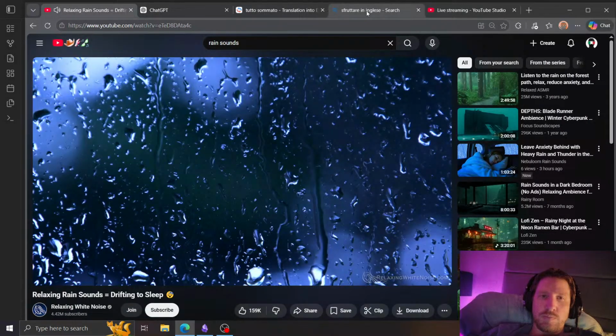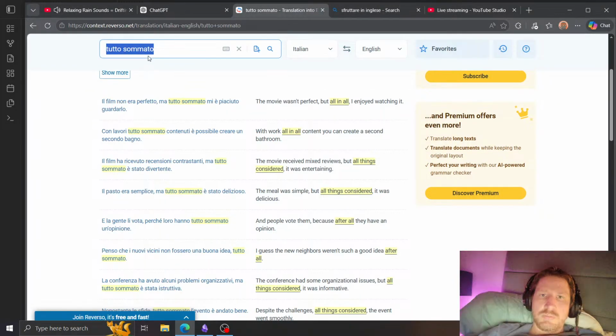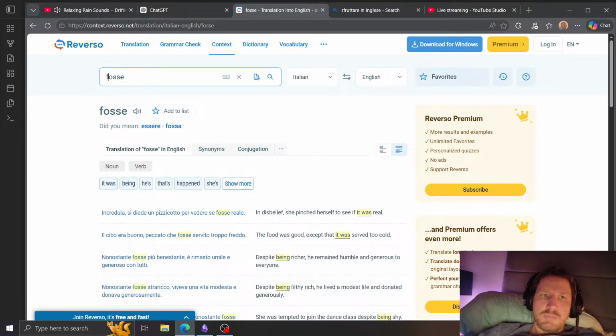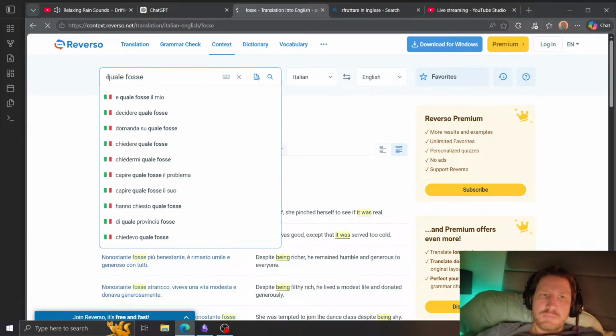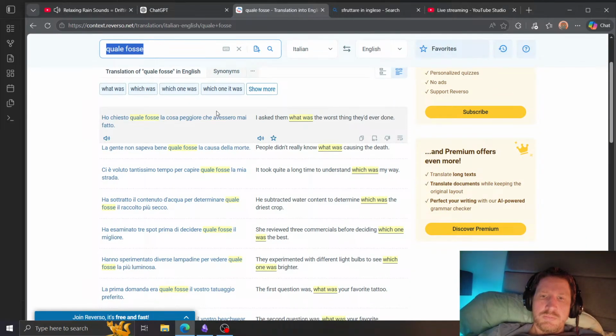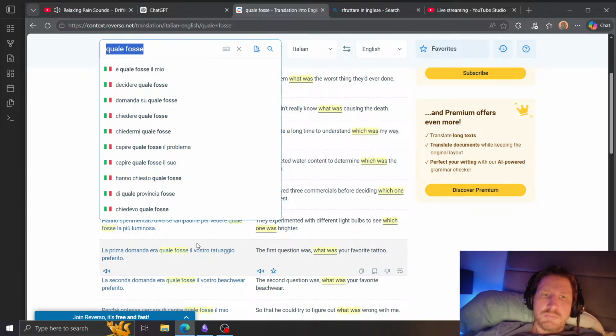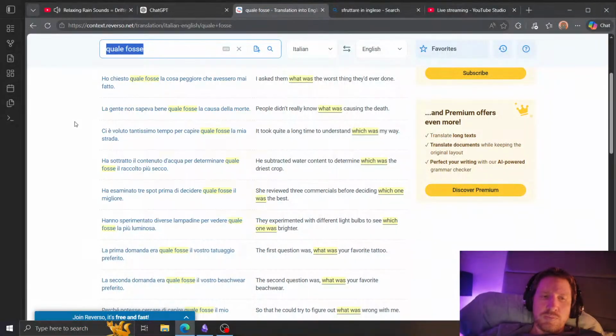Of course. So in this context, quale fosse is a kind of subjunctive expression. It's like saying which was or that it was. So a smoother translation would be something like the machine was able to learn, even through the game with the opponent, what the right move was to make at every single moment. So it's just a subtle subjunctive expressing that rightness of the move.